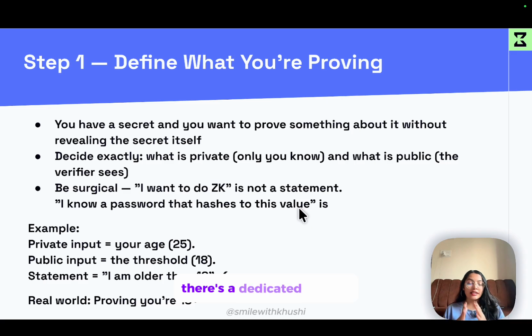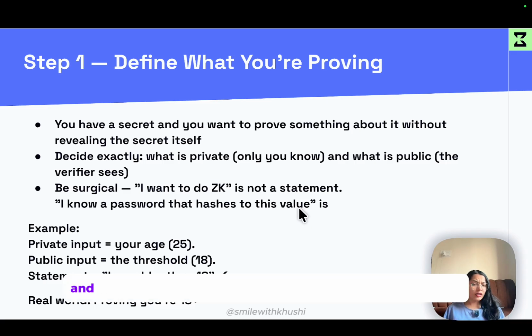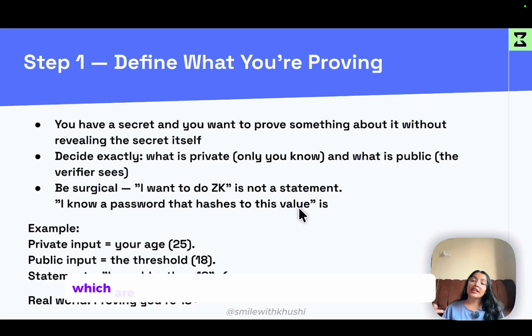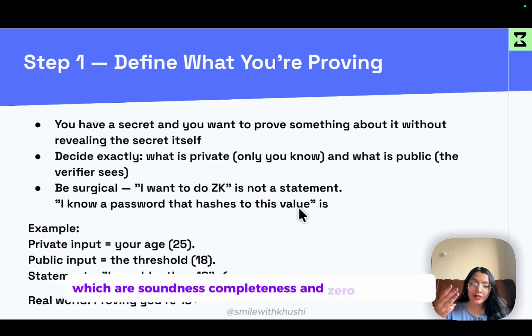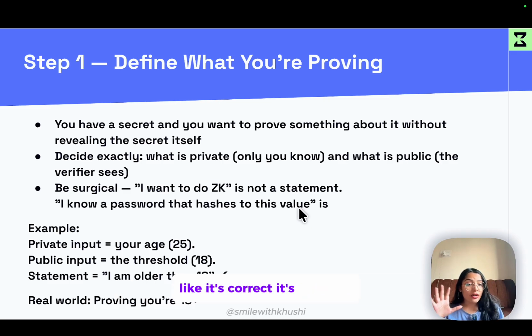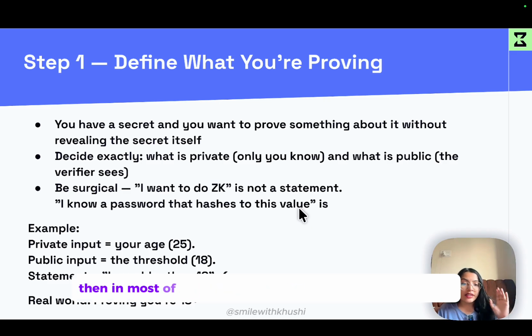There are also three main characteristics of a ZK system, which are completeness, soundness, and zero knowledge. If the claim made by the prover is accurate, it's correct, it's not false, then it will always be verified.